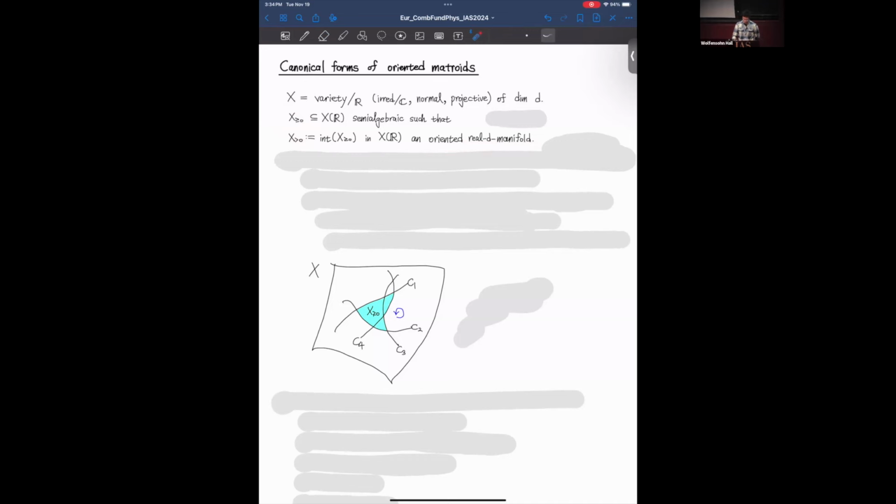So the data given so far is a variety defined over the reals, and then a semi-algebraic region in here, whose interior is a manifold with orientation that's chosen. And to avoid other kinds of pathological behaviors, often it's good to assume that if I take the closure of the interior, I get this thing back. Okay, anyways. So given such structure,